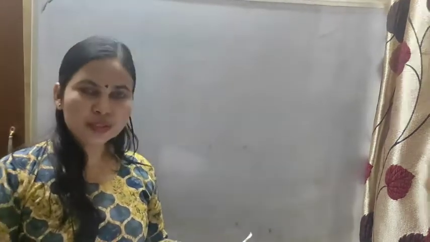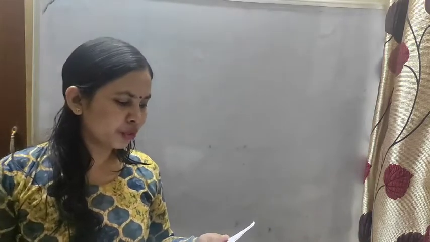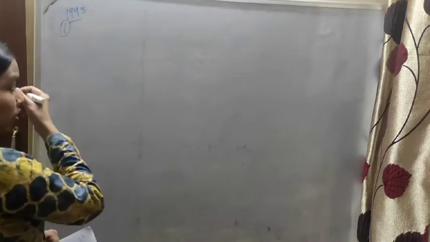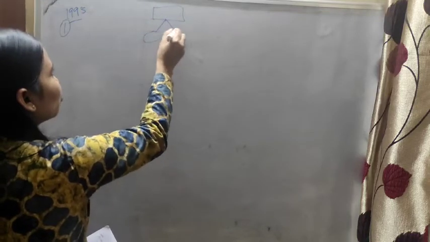See, in 1995, a question was asked in GATE: merge sort uses which method? Divide and conquer, backtracking, heuristic search, greedy approach. Now I told you that merge sort uses divide and conquer. Why divide and conquer? It was asked in 1995. Divide and conquer, because we are dividing one array of elements into two parts. That is why it is the divide and conquer method.